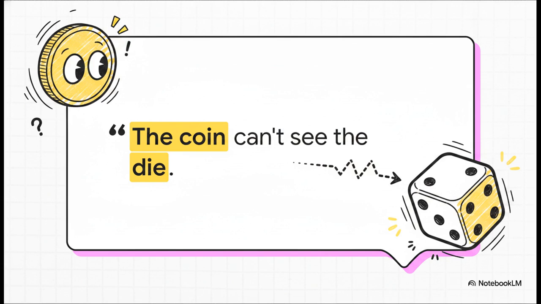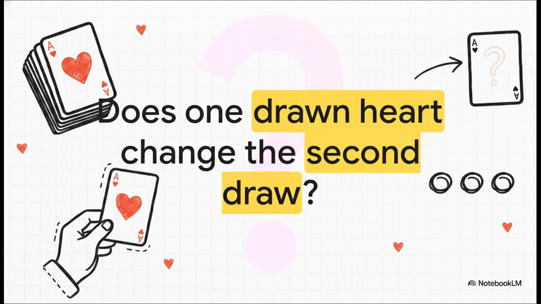If two random processes physically cannot influence each other, they simply do not update each other's probabilities. It's such a simple idea, but it's the absolute bedrock of everything we're about to cover. But just to get our gears turning before we dive into the heavy lifting, consider this classic probability mystery. Imagine you draw a heart from a standard shuffled deck of cards. Does that single action change your chances of drawing a second heart right after? Just hold on to your answer for a minute, because understanding exactly why this happens is your real key to